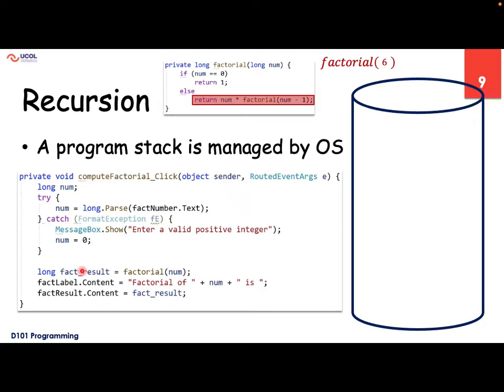Now we are executing, and once we have reached this specific point, we say num, that is 6, multiplied by factorial of 5. Once we do that, again we need to stop the execution of the factorial method with the num value 6. So it will save that current state of that method. What is the value of num? That is 6. And which line is it executing? 1, 2, 3, 4. It is executing line number 4. So this information is being saved in the program stack,